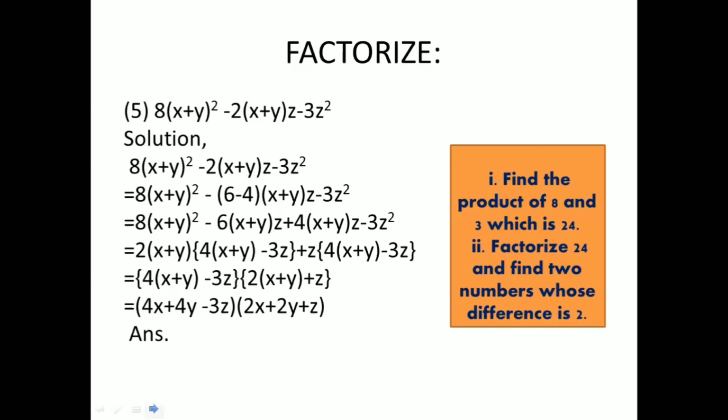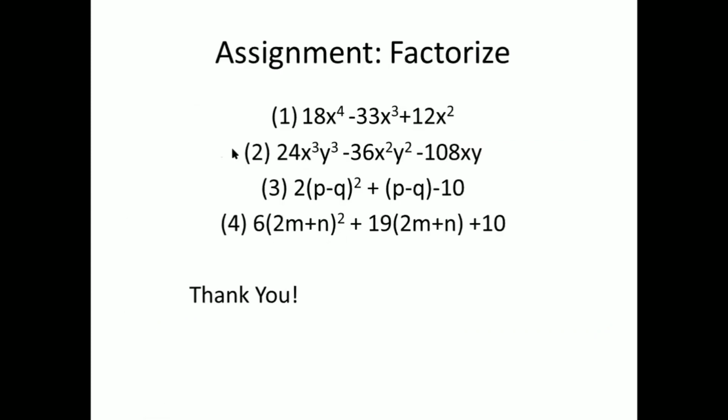The next slide is like this. This is the assignment, you can say this is the homework. Factorize. Here take common, then factorize, and the middle term split, and here also take common, then factorize. Here also 2n and minus 10 multiply, and this will be minus 20. That's why it will be 5 and 4, subtract and find 5 and 4. And here 6 and 10 multiply, it will be 60. Then 60 should be factored as positive, that's why we have to find this by adding. 15 and 4 is 60, and 15 plus 4 is 19. Like this you will do.